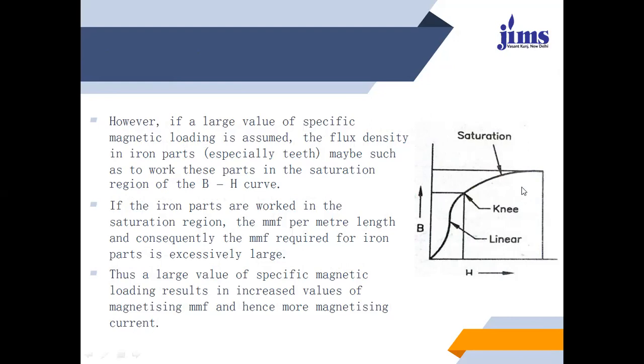As per the curve, it will be indicated that it is a BH curve. So the curve will start from zero. It will move in a linear fashion below this point, but above this it will straighten, so it will be independent of the H curve, and then again it will be moving towards the saturation point. So this will be the knee point where the curve is moving downward as compared to the increasing one. It will decrease a little bit and it will reach a saturation point.